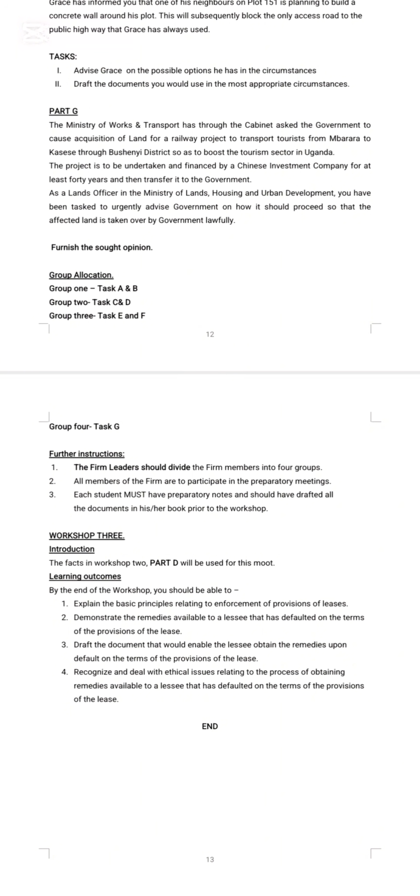you, you have a remedy, what we looked at as relief from forfeiture. So relief from forfeiture, basically you apply that the court should stop the lessor from evicting you from the land, and we proceed by notice of motion supported by an affidavit. Then draft a document that would enable the lessor to obtain the remedies upon default in the terms of the provisions of the lease. So basically that's what we look at. Relief from forfeiture, this is always relief from forfeiture.